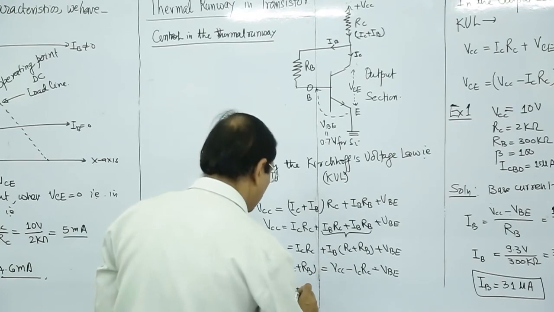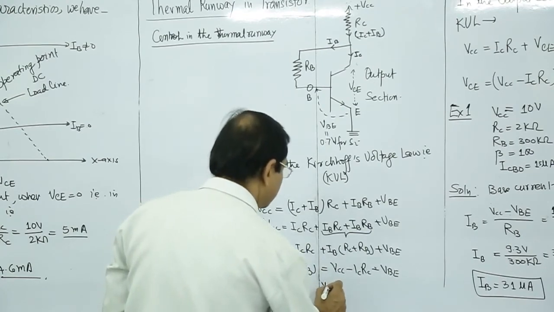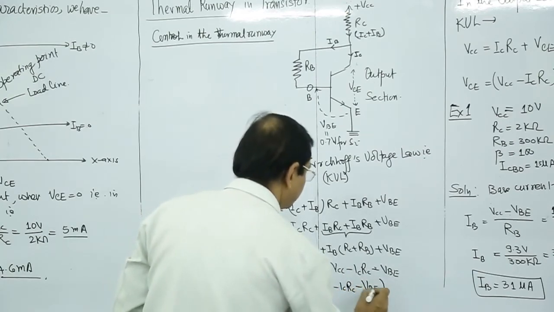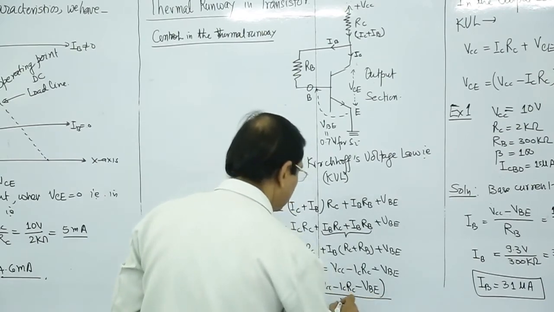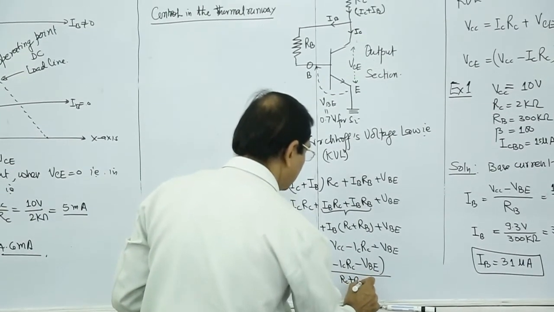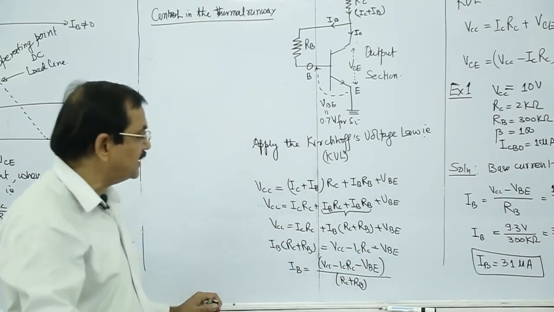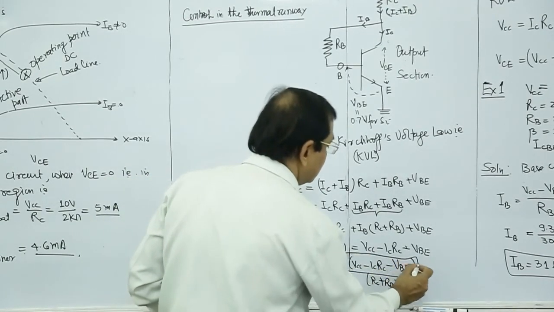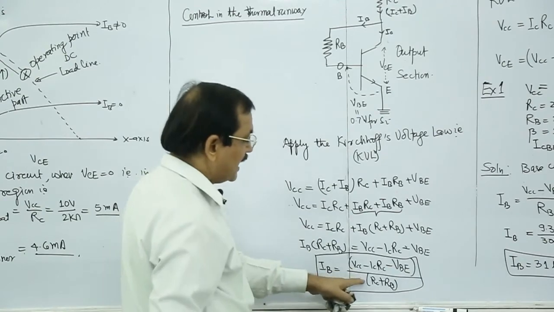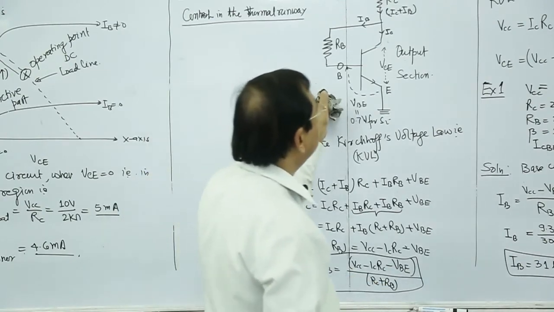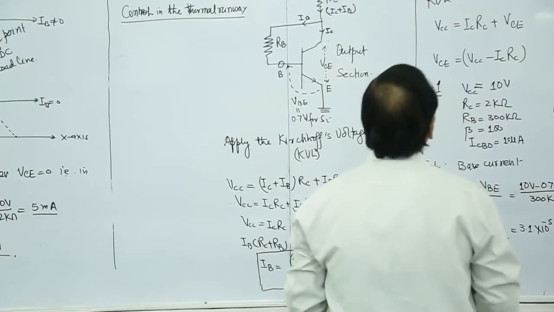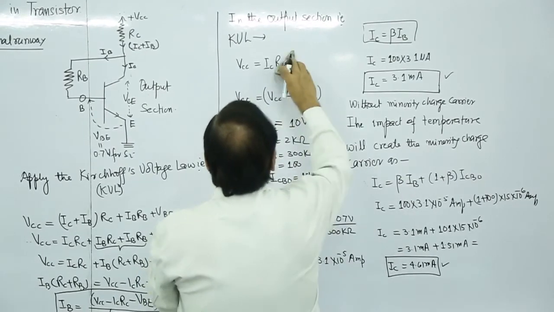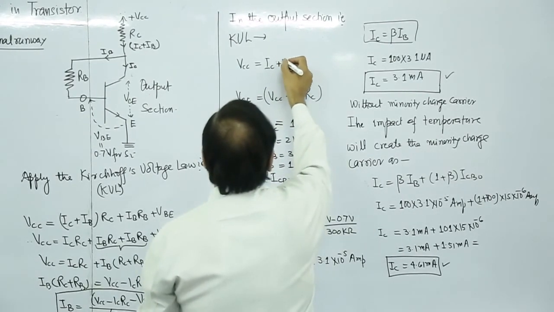So this IB is equal to VCC minus ICRC minus VBE, divided by RC plus RB. So the base current is now given in this form, with the ICRC. And in the output section, this part is ICRC plus